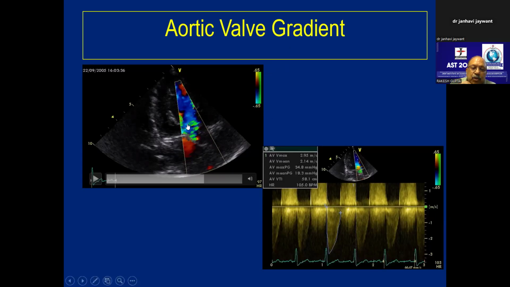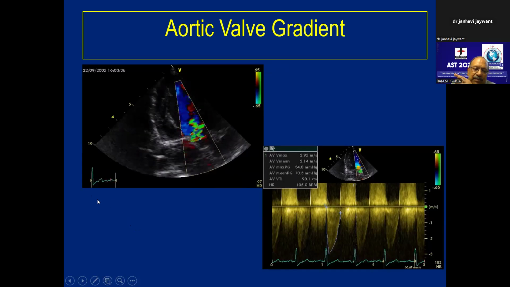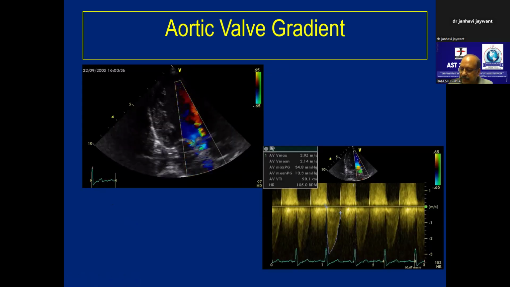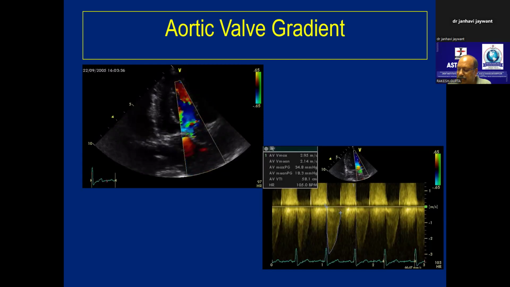Correct? Pulse wave over here and continuous wave Doppler across it. Pulse wave will give me the LVOT VTI and continuous wave will give me the aortic valve VTI. Just remember this. Sir, is there any specific distance in the aorta we have to look for the aortic valve VTI? Below the aortic valve is LVOT. Through the aorta is the aortic valve VTI. Any point in the aorta, just cross distal to the leaflets.